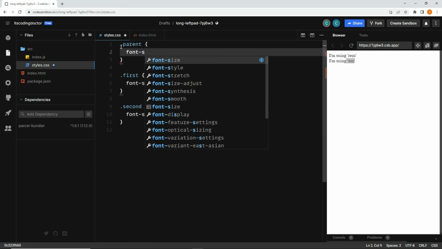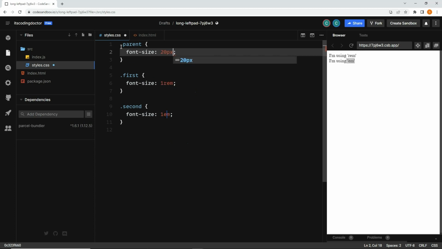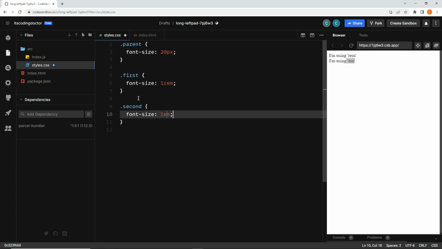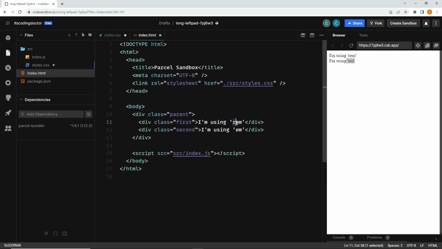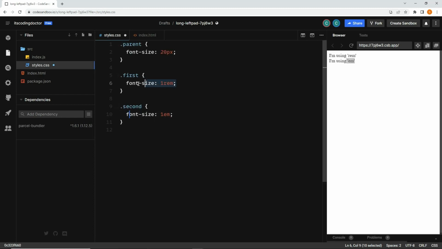We make it font size 20 pixel. And before saving it, you can guess what will happen because the REM does not depend on the parent size, correct? That's what we have learned. So the first element should not be affected at all. The second element, which is using the EM unit of CSS, should be affected by this parent font size